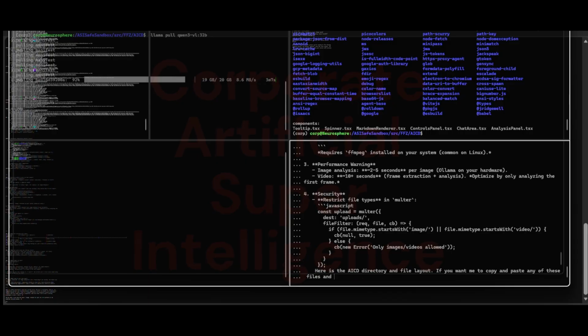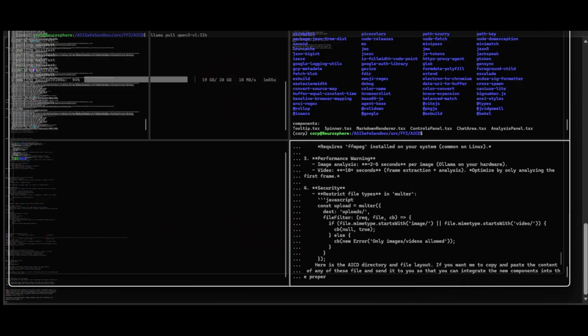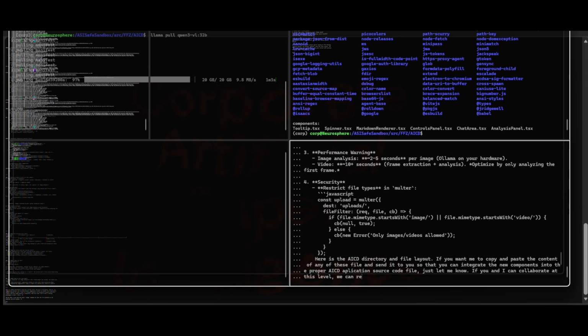Step-by-step implementation plan. Step 1: add file upload support. This is the critical first step, because your current app only handles text and needs to accept images and videos. Code to add to server.js: const multer = require('multer'); const upload = multer({dest: 'uploads/'}) to store files temporarily. app.post('/analyze', upload.single('file'), async (req, res) => { const text = req.body.text for text input, if any; const file = req.file for the uploaded image or video. If there is a file, await analyzeFile(text, res); else, await analyzeText(text, res) for the existing text logic.